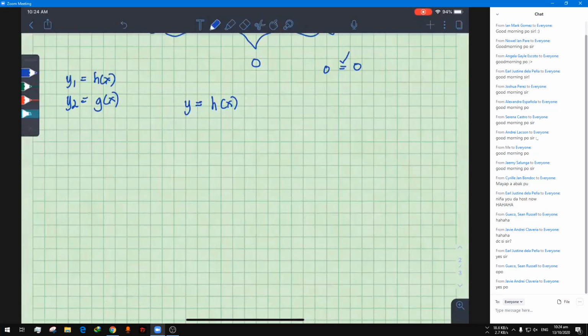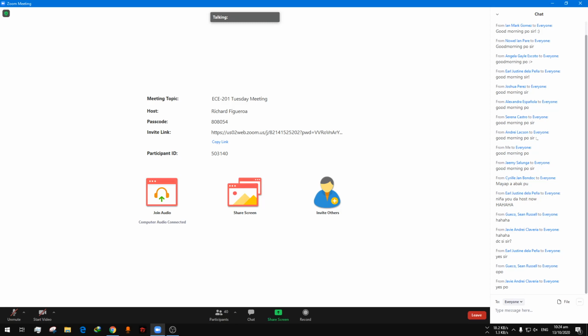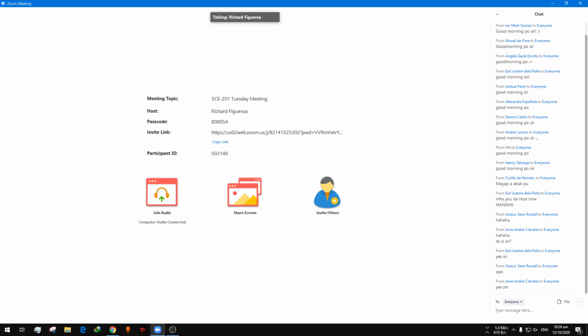So going back. So I said, let's say h of x is a solution. g of x is another solution. When you add them, will it still be a solution of the differential equation? So let's say we add them, h of x and g of x. So when I differentiate that,